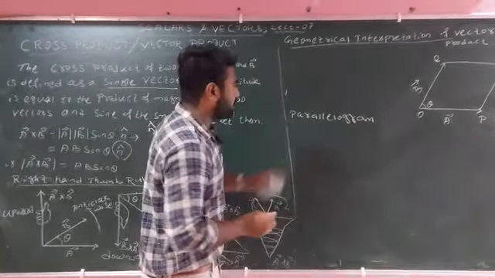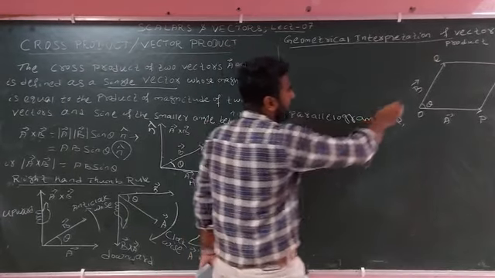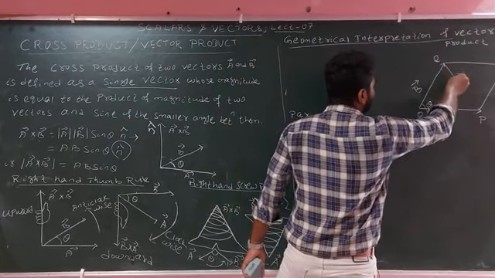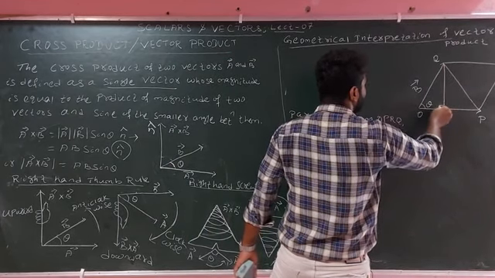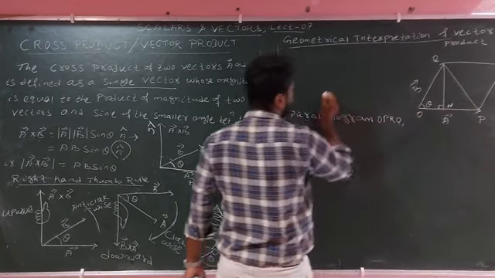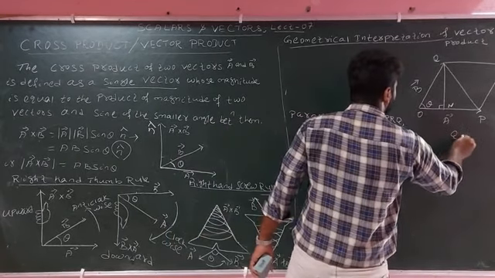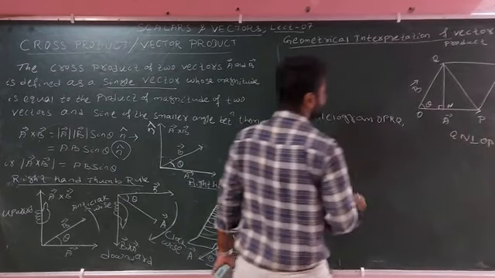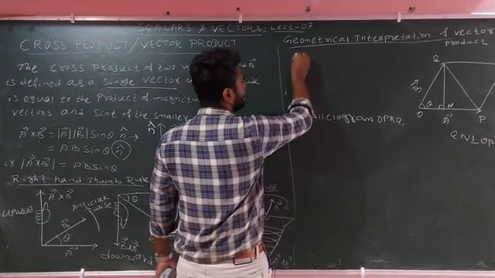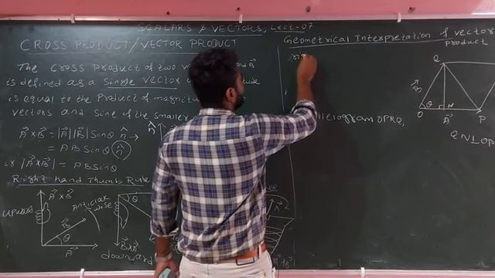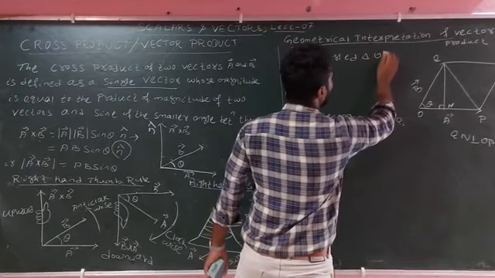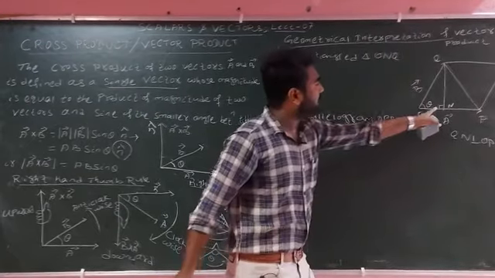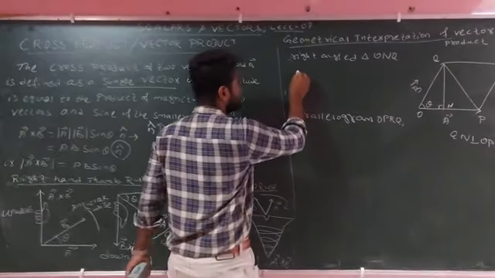Parallelogram OPRQ, and join PQ and draw perpendicular QN to OP. Then in the right angled triangle ONQ, using the right angle triangle rule,